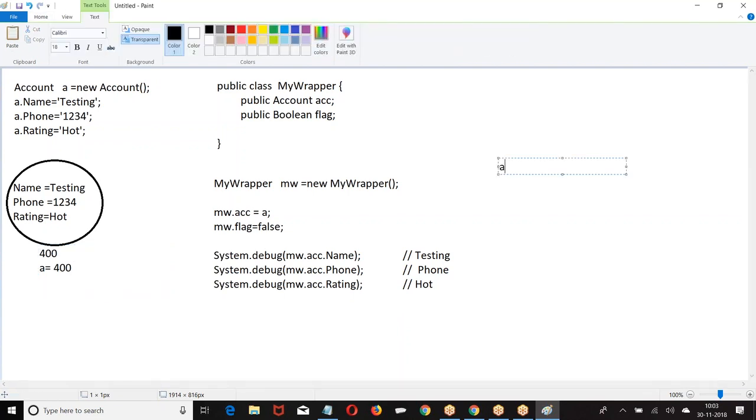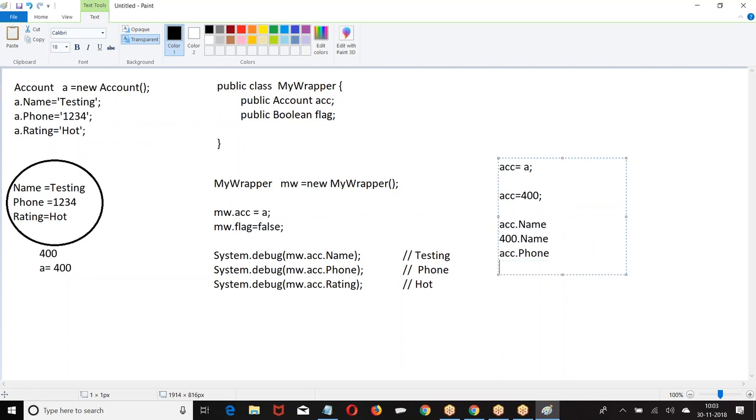I told ACC equal to A. What does that mean? ACC equal to 400. Now what is that ACC referring to? Location 400. When I say ACC dot name, it is like 400 dot name.